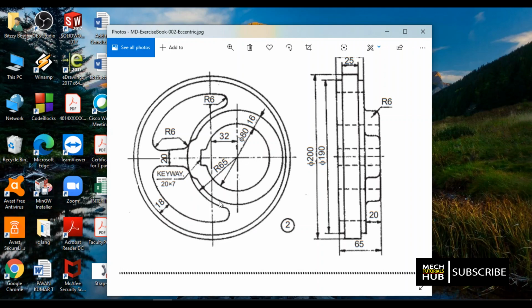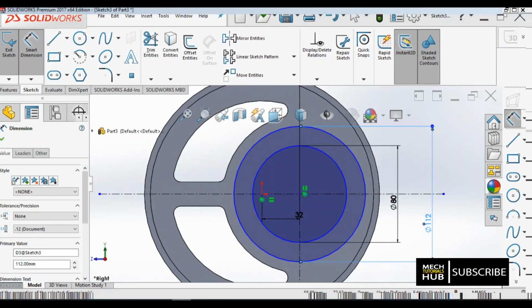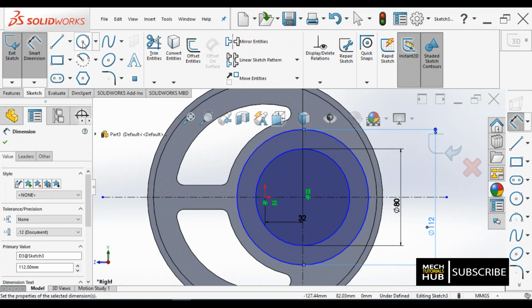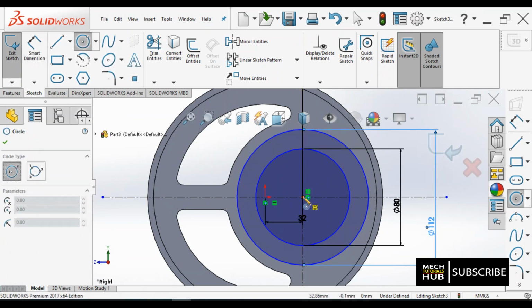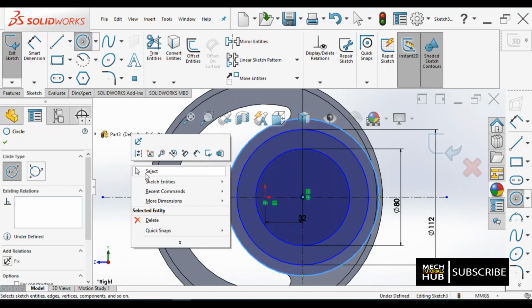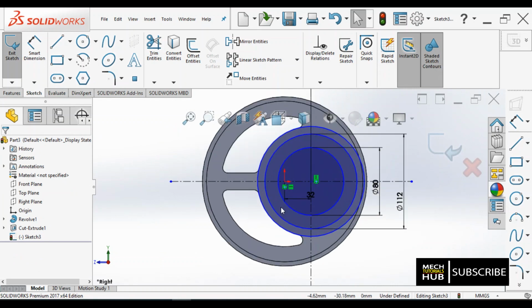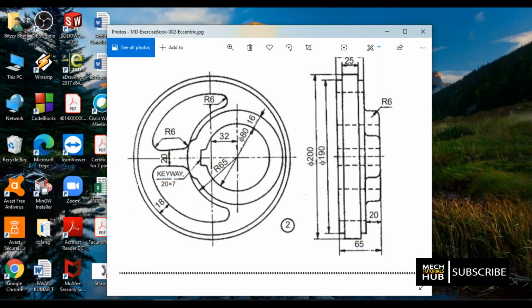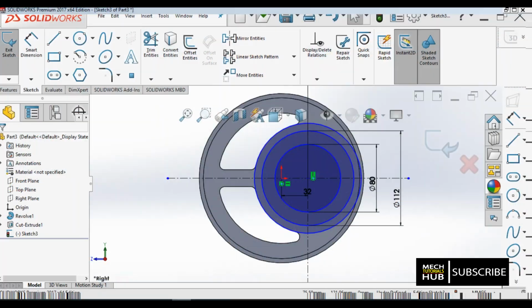Okay, and this particular outer circle should go touch the already existing features. Okay, so for that what I try to do is, I'll try to take one more circle starting at this point and ending here. Let me exit. Now this is done, and let me cross check here what is the width it need to take. That width is not specified here, only this keyway is given. Okay, we'll go conventionally. 20 by 7 that we need to fix now.